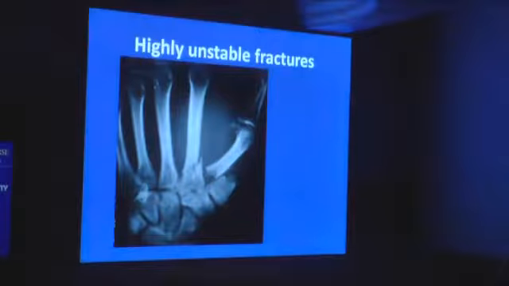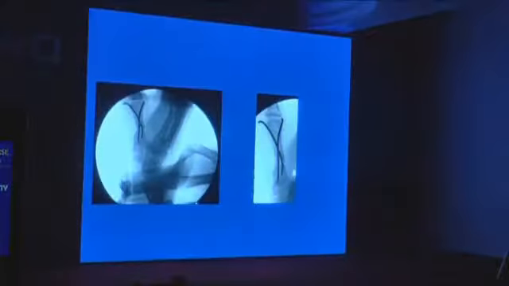So here's one which is a highly unstable fracture. Now here we've seen the destabilizing factors which are there, and therefore whenever you put it back in, it is going to jump out. Trying to treat this without fixation becomes a little difficult. So you can pass in wires from the antegrade side. Now when you're passing these wires, they look very crooked and funny. So what you need to do is just drill a hole in, and then keep that wire in and cut it, and use the blunt end of the wire.